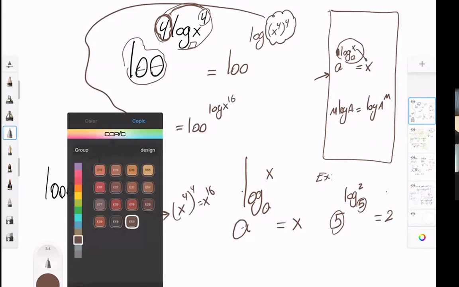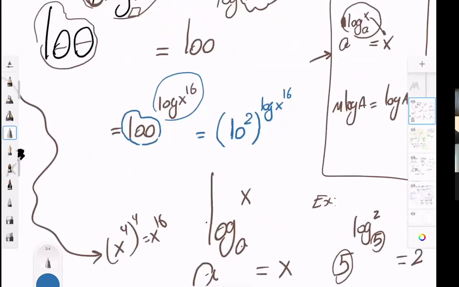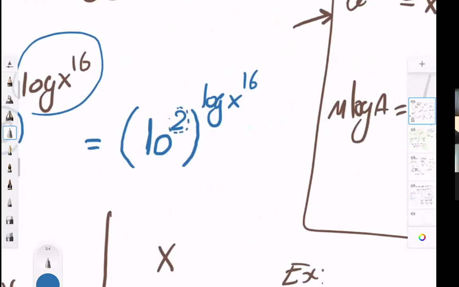Very good. So we don't want to make any algebraic mistake. It's like brain surgery here. This is 100. Instead of 100, I can put 10 squared, correct? I put this inside of a parenthesis, and I put whatever we had before here, log of x to the power of 16. What should I do to this exponent and that exponent and this exponent? Can you multiply them? Yeah, same thing you did. Don't scare. Log of x to the power 16 is a number. So we multiply them